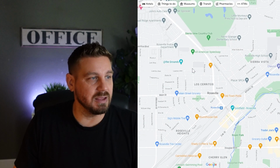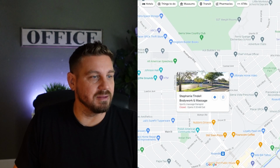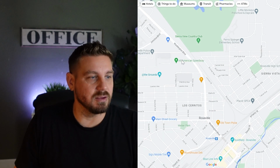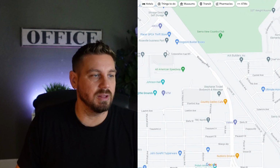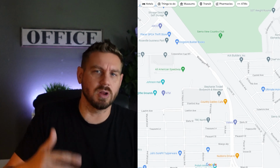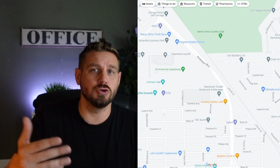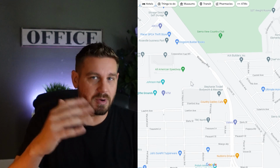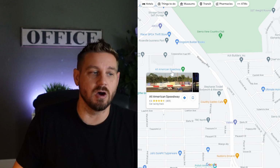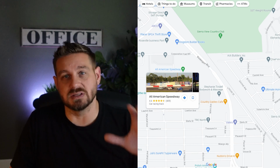And then the other place that's really getting a lot of steam lately has actually been called the Grounds. So the Grounds is one of those areas where they not only have Renaissance fairs, they also have huge sporting complexes. So my daughter actually even goes over there, does volleyball. They've got basketball courts, and these are huge facilities. You're going to have the police department right there, a really clean area, and then you've got the All-American Speedway. So if you're into dirt tracks and watching cars zoom around these things and do some crazy stuff, it's a